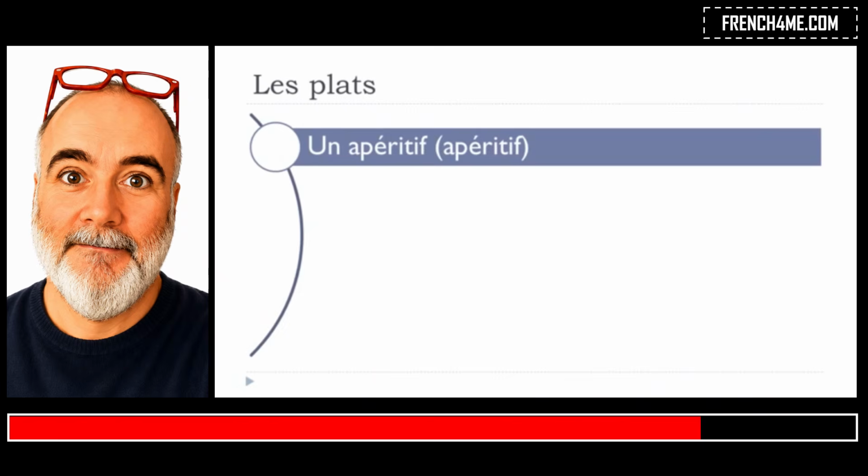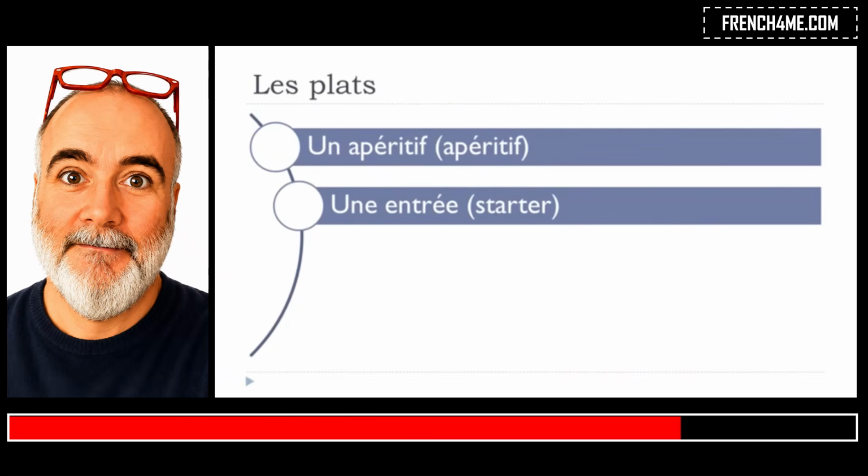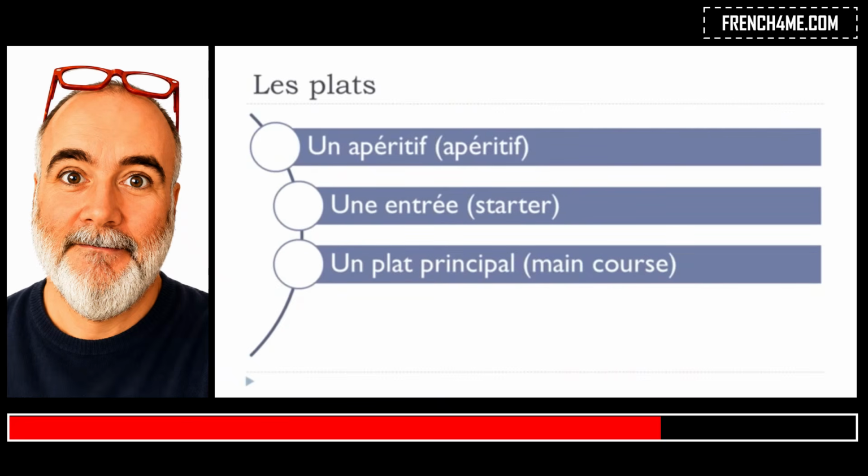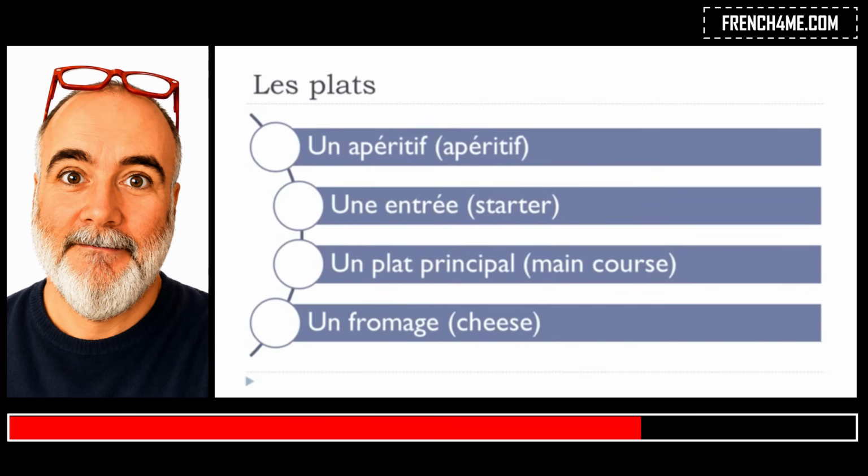Okay, so un apéritif, une entrée, un plat principal, un fromage. Okay, so let's see that. Un apéritif, so here you get the liaison between the two. Un apéritif, okay, and then you get the accent aigu, so it goes like et. Un apéritif, then une entrée,